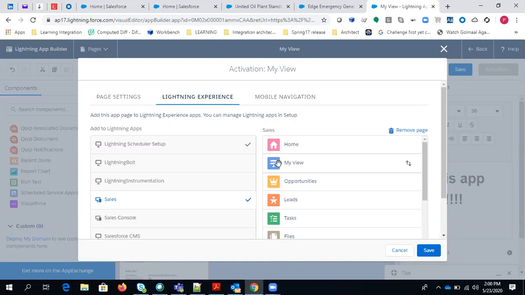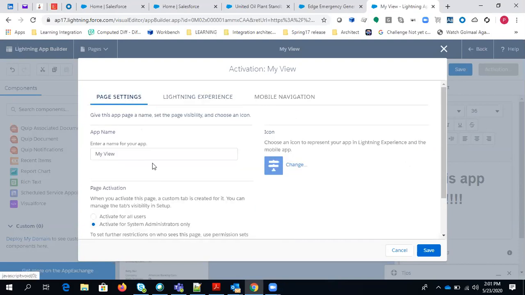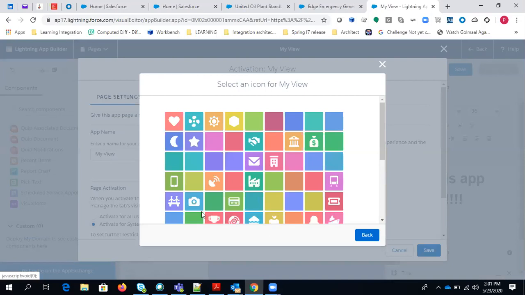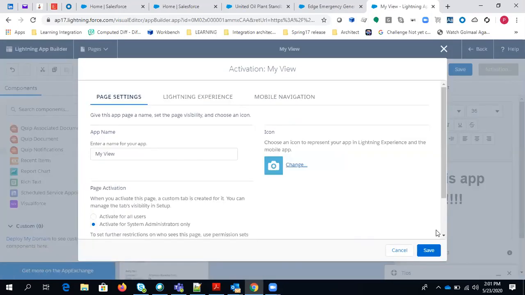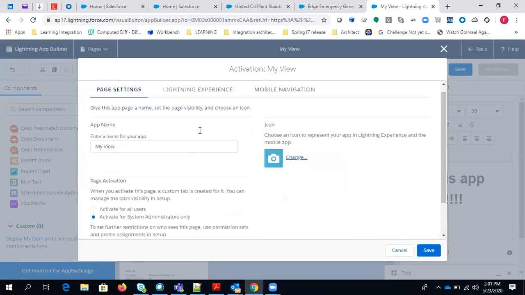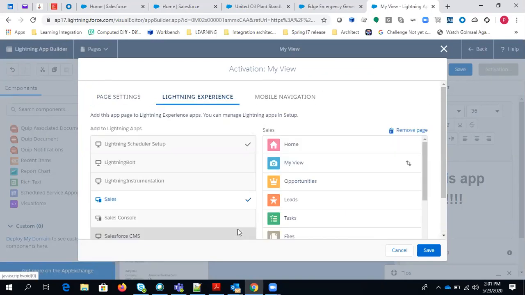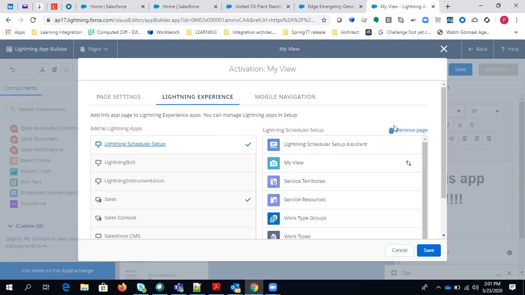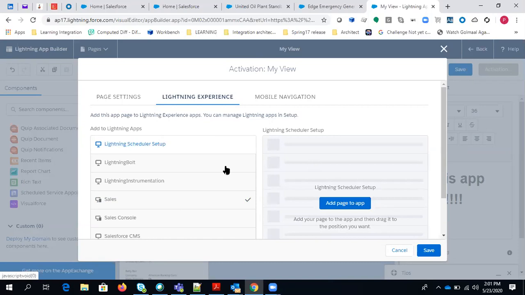So the icon will be like this only, but let's say I just want to change this icon. So what you can do is you can simply go back and change the icon. There are lots of icons available. So let's say I just want to make it camera. So you can select it as this, and then the Lightning experience, in which tab you want to use it. So let's say I want to remove it from this Lightning Scheduler setup. I just want to make it for the sales app,